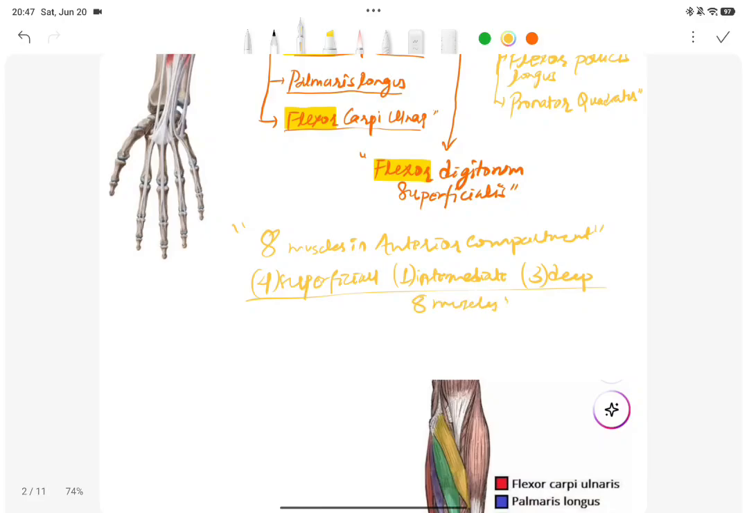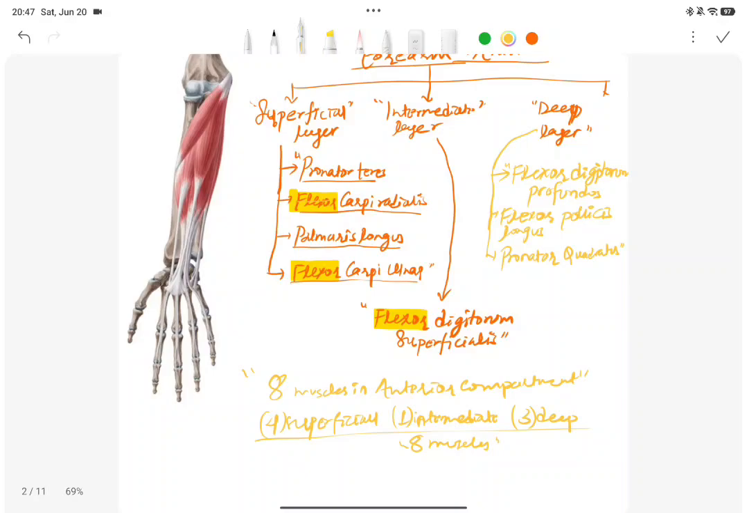यसलाई कसरी सम्झिने भन्दाखेरि, सुपरफिशियल मसललाई तिमीले पास फेल भनेर सम्झन सक्छौ। Pass means pronator teres, fail means flexor carpi radialis, pass means palmaris longus, fail means flexor carpi ulnaris. अनि तिमीले अझै एउटा सम्झिनु पर्यो, flexor digitorum superficialis in the intermediate layer. Then the deep layer has flexor digitorum profundus; profundus भनेको deep।